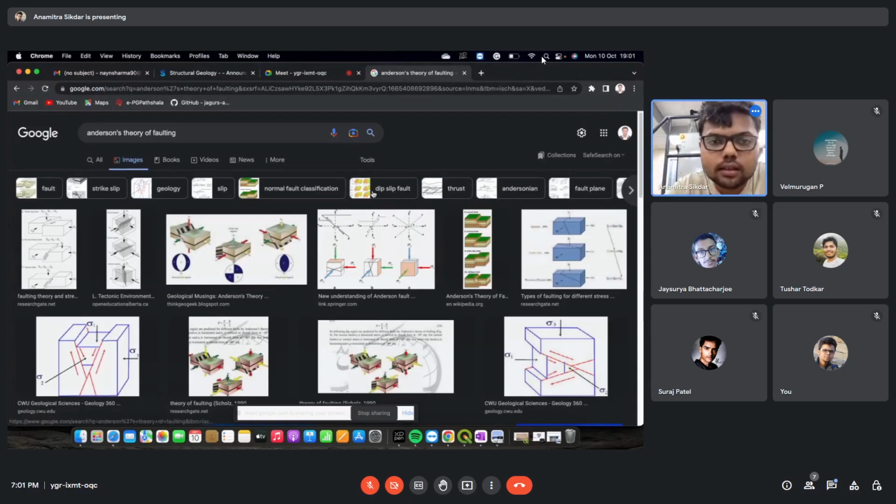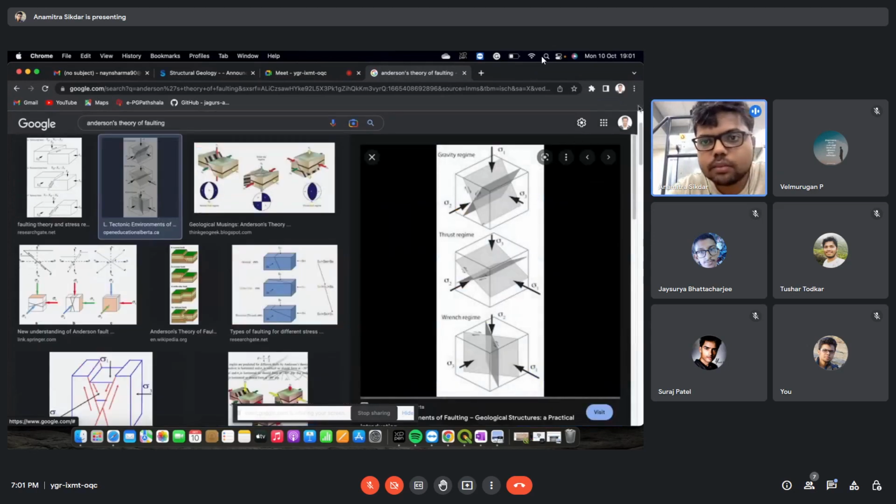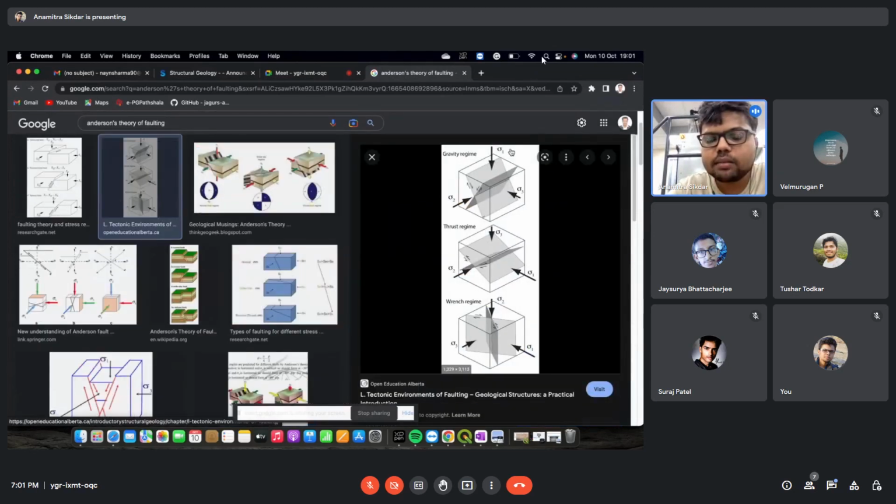Depending on the orientation of these axes, sigma 1, sigma 2, see, this is the maximum direction, sigma 1. I just got confused with the x, y, and z. So this is the maximum direction, sigma 1, the maximum force, right? So it will be perpendicular, right? So this block will sink in, right? So this is z, the compression direction, the sigma 1 direction. And sigma 3 is the least stress, so this will be x, so this will be the extensional direction,